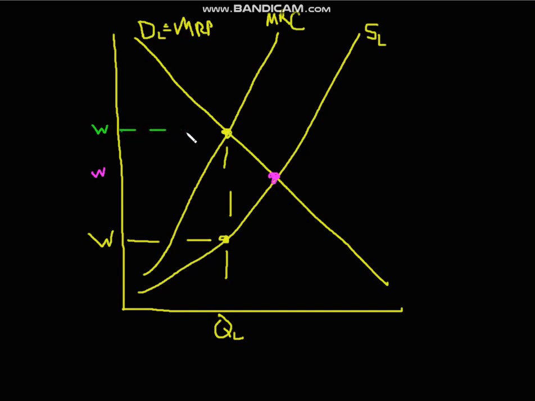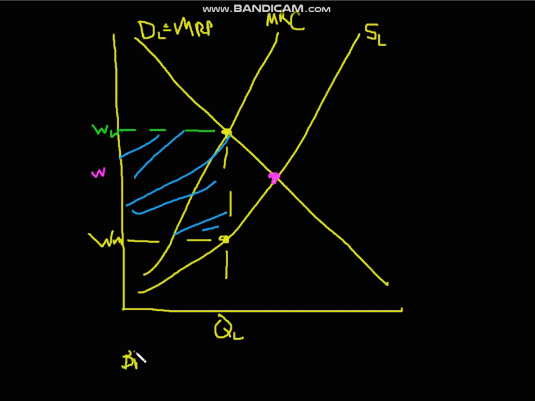And so the union is going to demand a wage up here, and the monopsonist is going to demand a wage down here. And so it's going to be somewhere in between this whole area I just shaded in blue. This is where the wages are going to fall. Now we don't know. This is what we call a bilateral